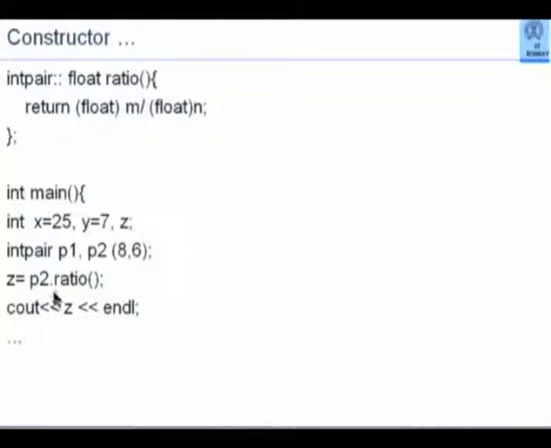But notice the problem here. After calculating the floating point value, going through all these complications, I am assigning it to z, which is declared as an integer variable. So what will happen? It will now truncate. I might as well have returned an integer value of m by n. This is an implementation problem. This is a mistake we are doing.